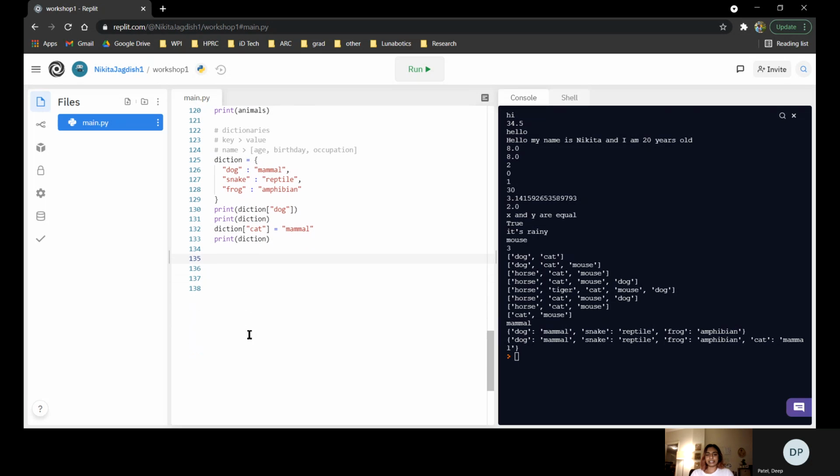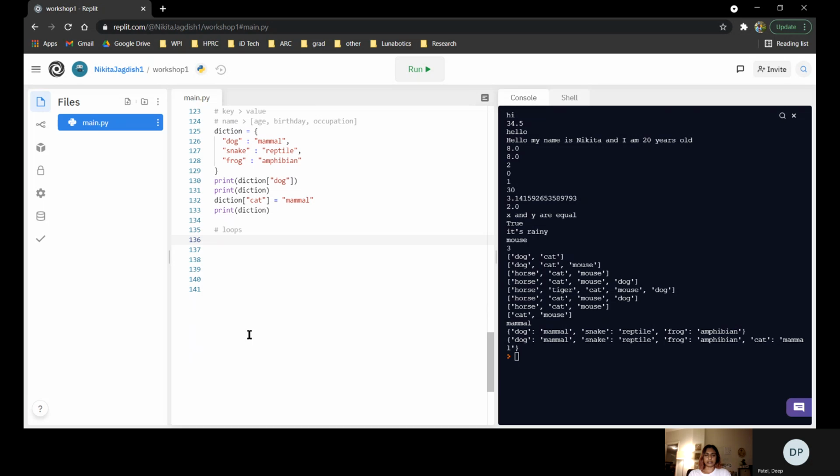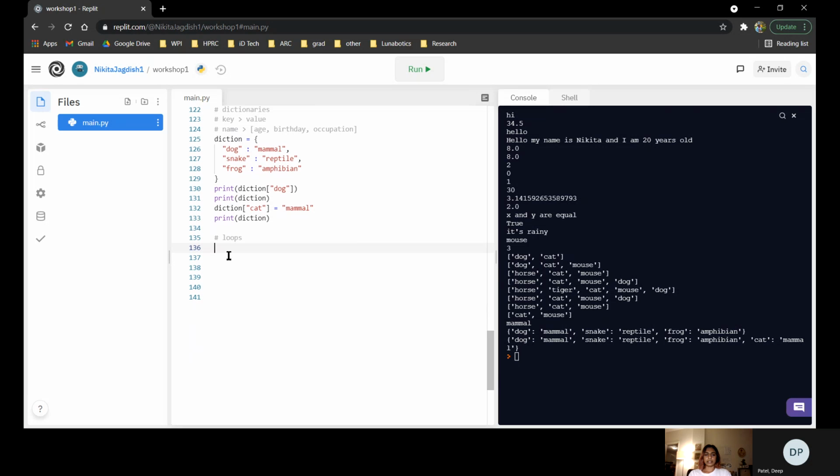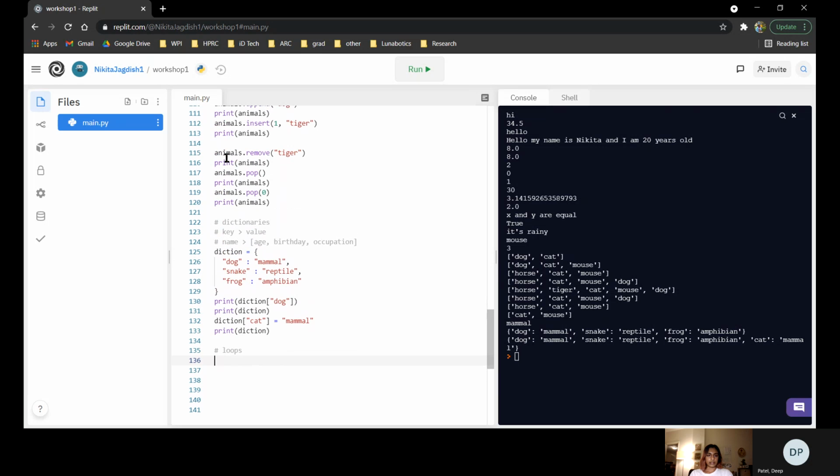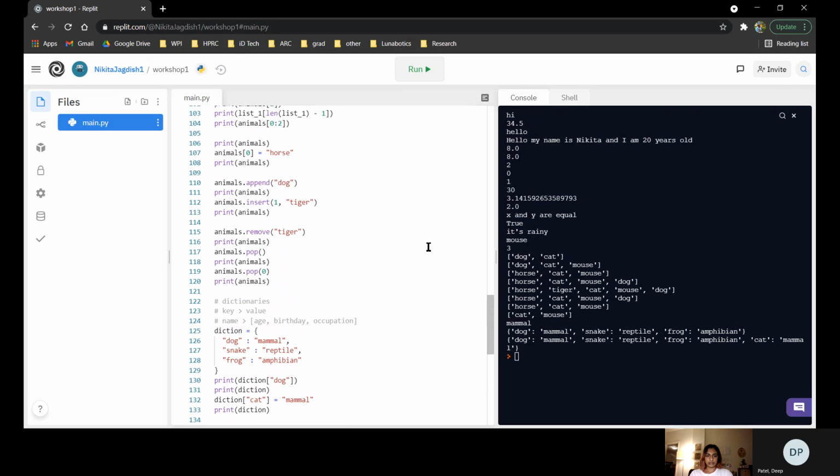Okay, so the next big thing is loops. There's a few different types. Mainly there's 3 different ones that I use a lot in coding, or just Python too. The first one is related to lists, and it's like a for each loop. What it does is it goes through each item in a list. Like I have my animals. I only have 2 in here, but let me comment out the part where I